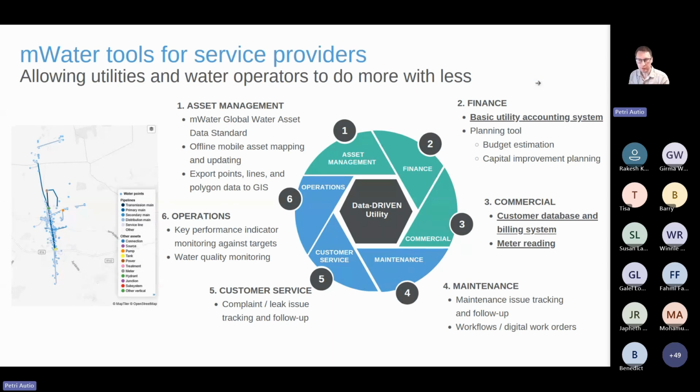And now what we're talking about today is the second component of this finance element, this accounting system, at the end of next week, as well as these two commercial customer database elements. So the commercial elements for the customer database and billing, as well as meter reading. And I'm happy to say that we're already pushing onwards, just as we release these, to these remaining elements of this broader vision of all the components we want to provide for free for water operators, which is